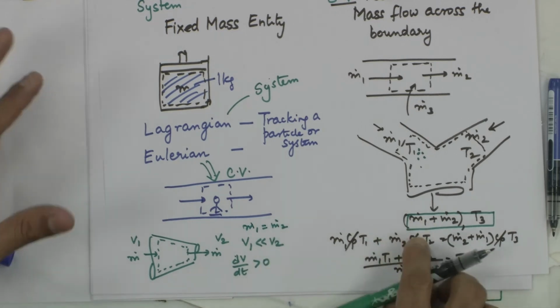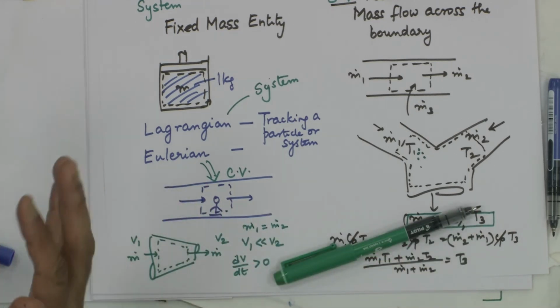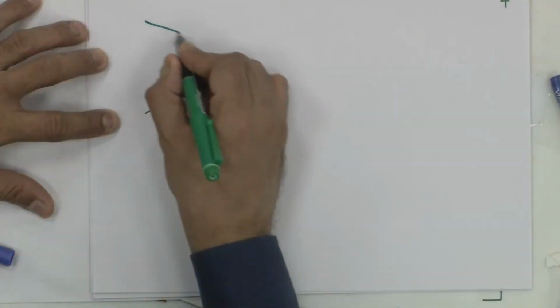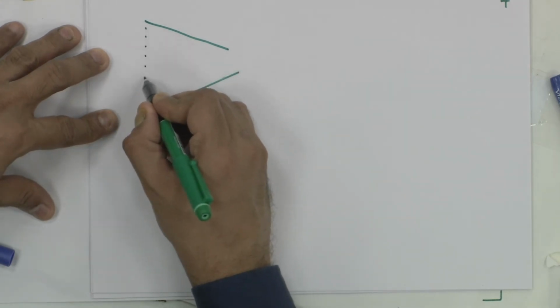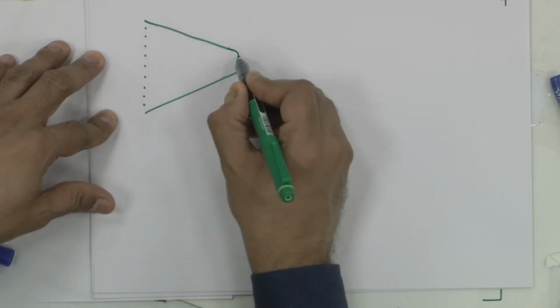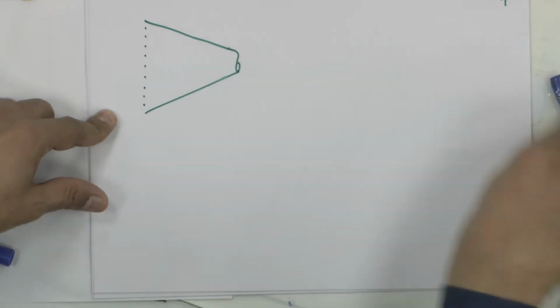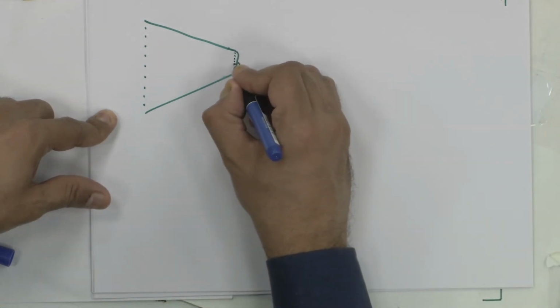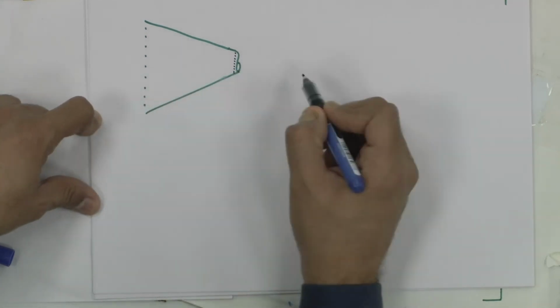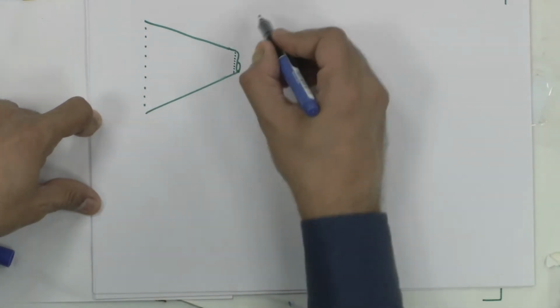It is as if a solid, each particle of the solid will be at the same position with respect to the other particles. Whereas a fluid, on the other hand, if I look at this nozzle example, I take 1, 2, 3, 4, 5, 6, 7, 8, 9 particles at inlet. When they come out, these 9 are going to come out at the same time, because you are talking of steady flow. They are going to come out very, very close to each other, 5, 6, 7, 8, 9. The relative position between the particles has changed. That, though it is steady flow,